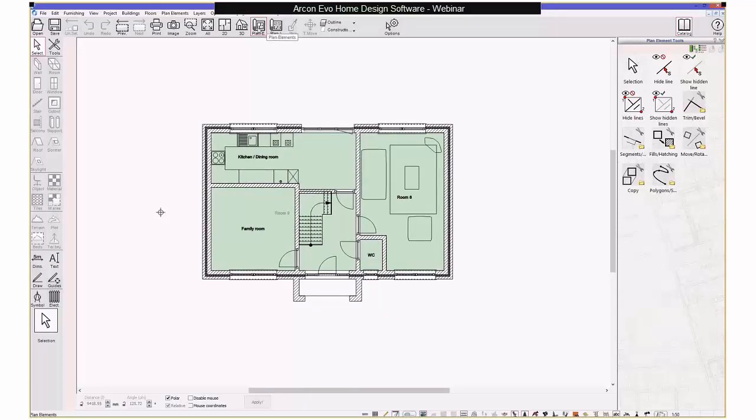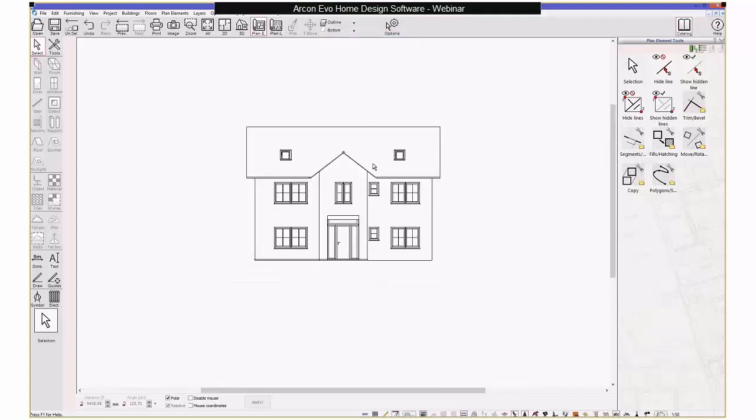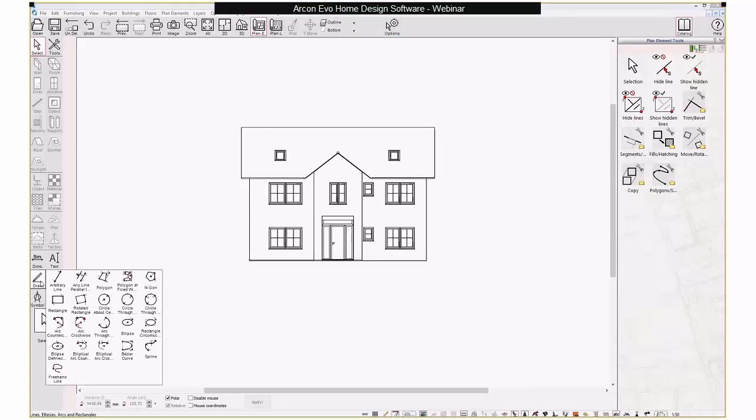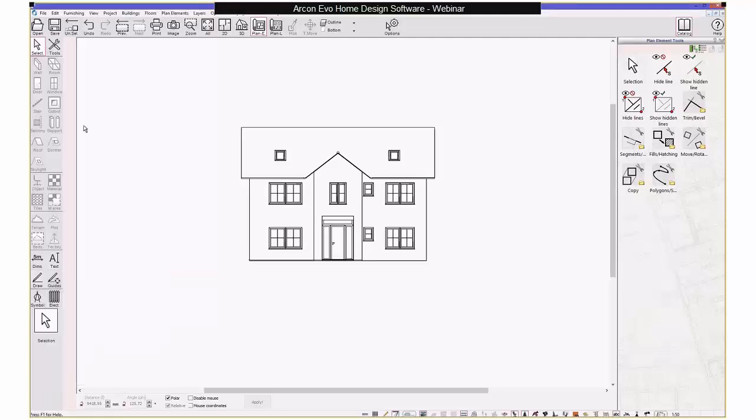So I click on this drop down list here. You can start to see a number of views being built up. So once you're happy with the number of views you've got, I can then click on this plan layout mode. Actually, sorry, one thing I didn't mention. If I click back to the bottom one here, elevation. As I mentioned earlier, you've got 2D drawing tools as well here, so you can apply your own detail to the actual elevation view as well. So you can start adding hatching detail and so on, to your own requirements. So if I click on plan layout mode,